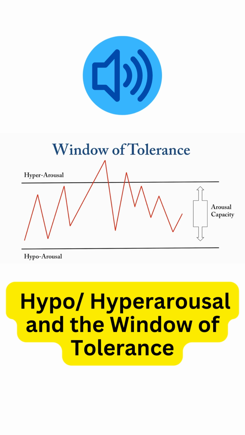So let's look at that in the context of the window of tolerance. Hyperarousal is on the top and hypoarousal is on the bottom of this image, and in between is the arousal capacity of the individual. Sometimes the window of tolerance is also called the therapeutic window, and the reason I like that terminology is because it speaks to the fact that when somebody is activated, let's say somebody gets triggered or their trauma gets triggered and they're angry or something like that, if they're within the window of tolerance, if they're within the therapeutic window,